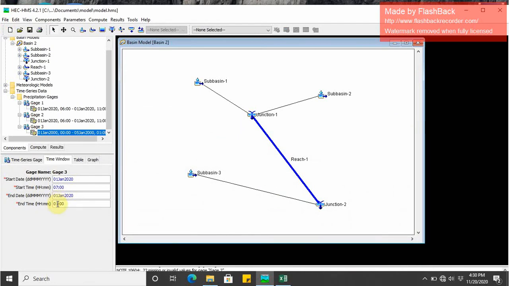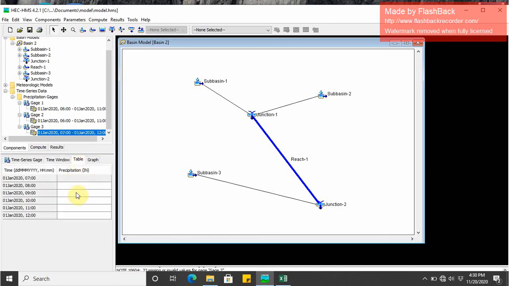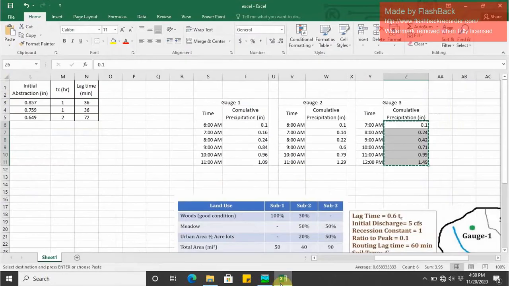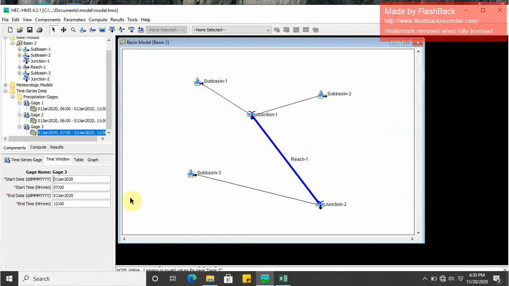Now, 7 and 12. I have to paste all these values. I think the rain starts at 7, and then 8, 9, 10, 11, 12. At 12, 7 to 12.